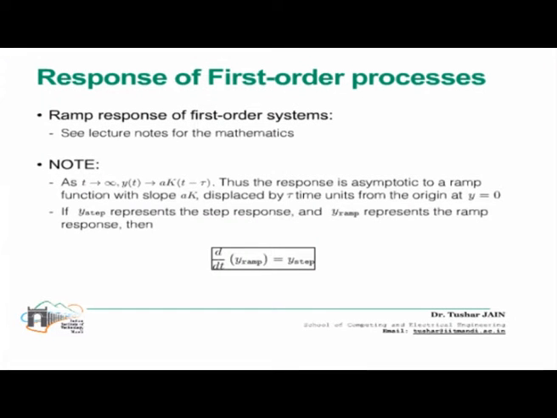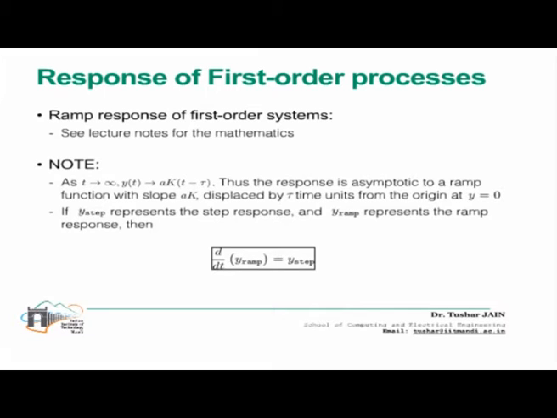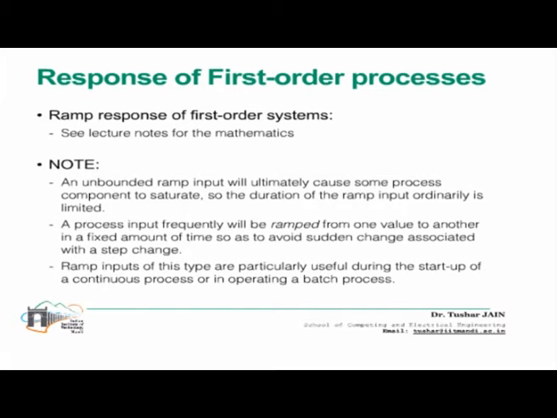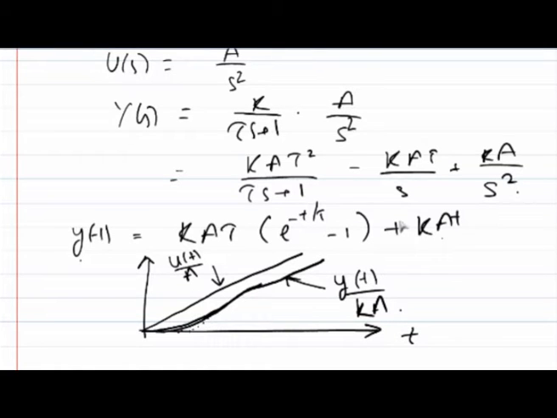Okay. So there are some crucial points to be noted for the ramp response. As t tends to infinity, y(t) tends to this value, AK(t minus tau), and as we have seen in the figure, it's basically an asymptote. There's also a relationship between the ramp response and the step response: if you differentiate the ramp response, you will get the step response. So what has been shown to you in the figure is that there is no time limit given to the